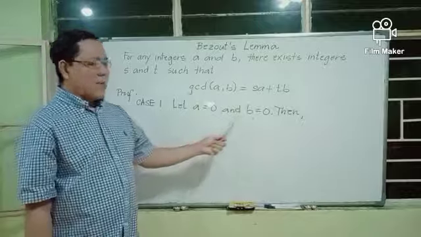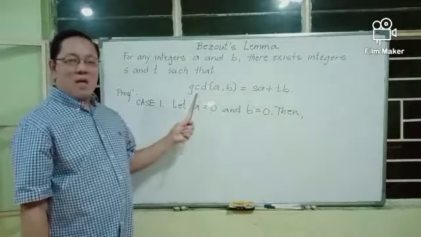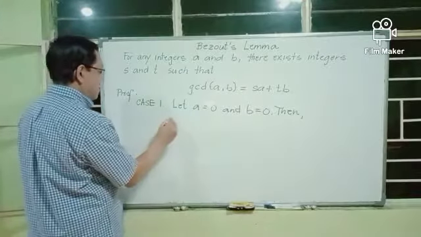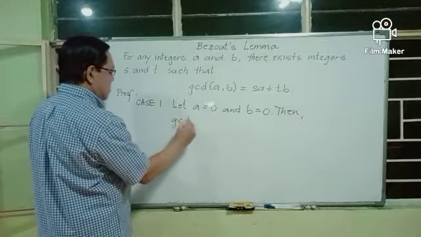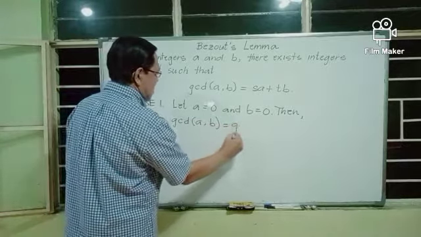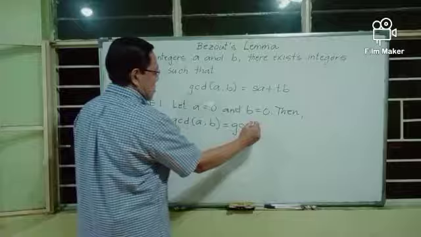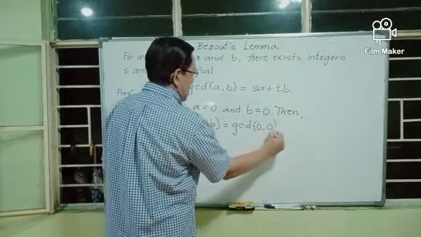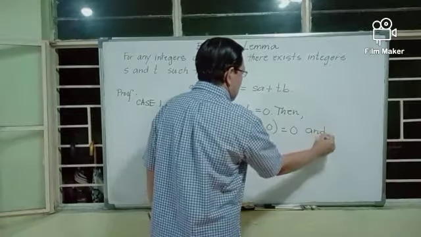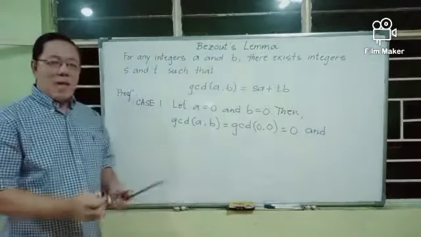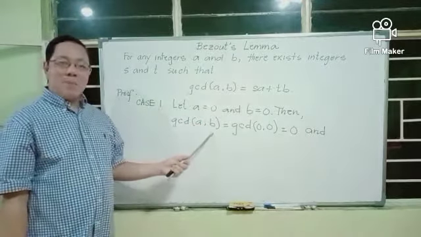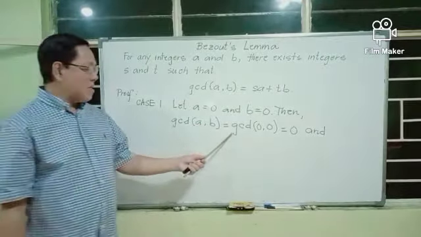Then, if a and b are both 0, the left-hand side of this equation, the greatest common divisor of a and b, becomes the greatest common divisor